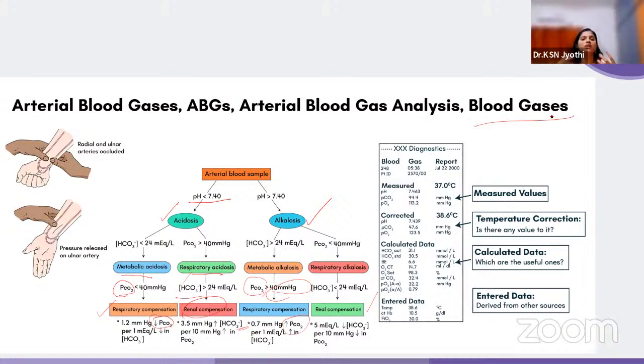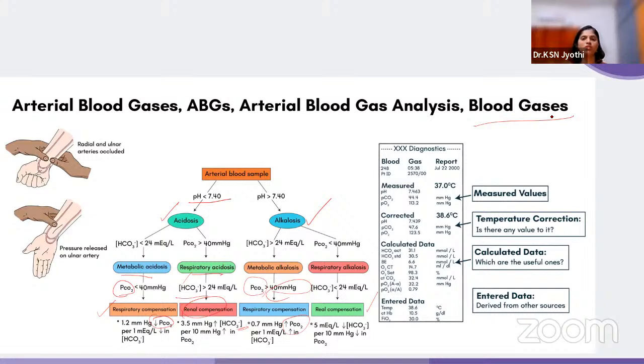Now, internally, we may not be able to check what is happening with our buffering system, because except for these kinds of tests, we don't have any day-to-day indicators which will tell what is the pH today, now, at this point of time. You may not be able to measure it like that, but understand that your control over your breath is something that probably will help you maintain good acid-base balance. So make sure that whenever you are spending some time, do conscious breathing. Make sure that you are maintaining your oxygen levels and you're breathing out the carbon dioxide,